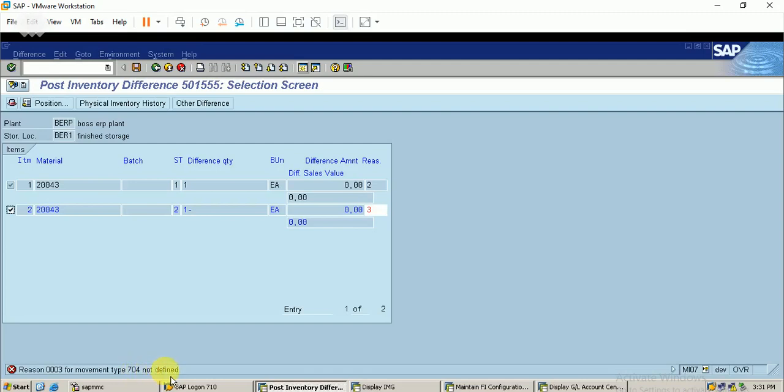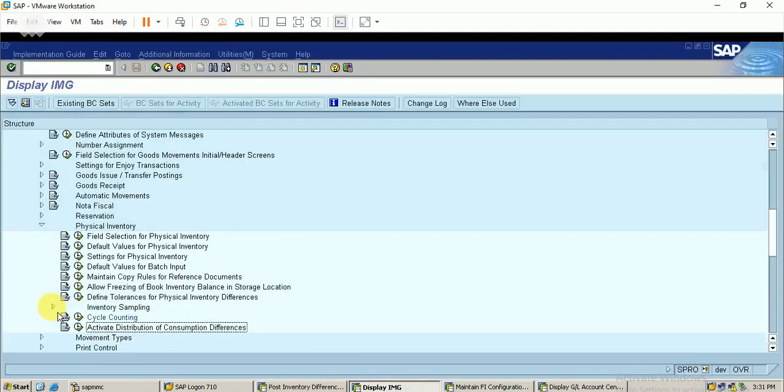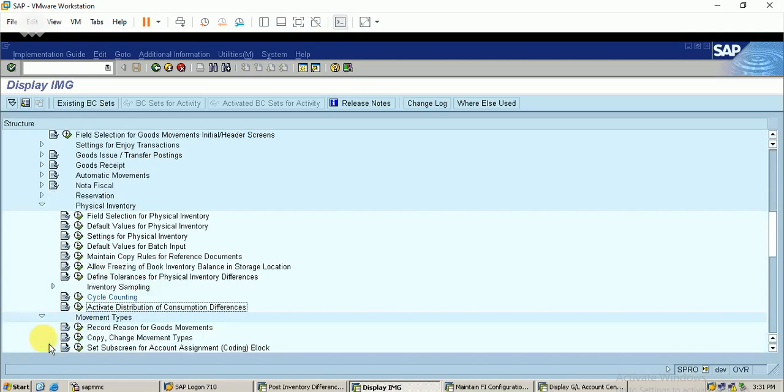So for this error, I just go to this tab. Okay, just minimize this. I just click on the movement types. Record reasons for movement types. I just execute it. So here click on the control reasons.